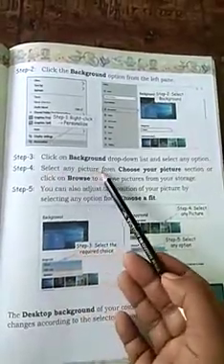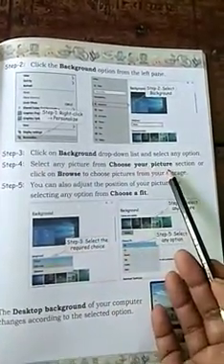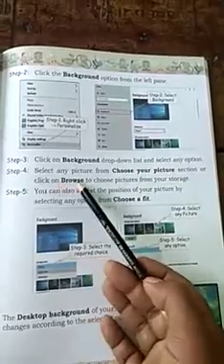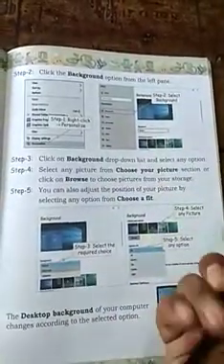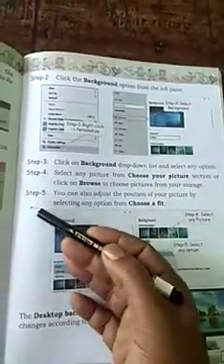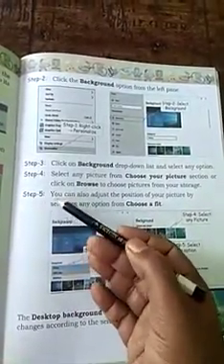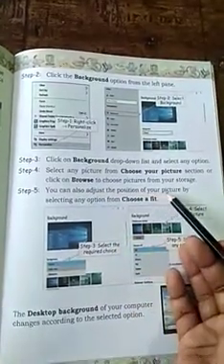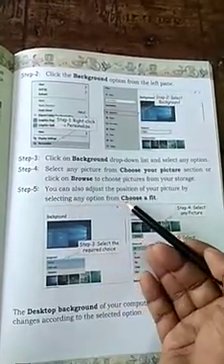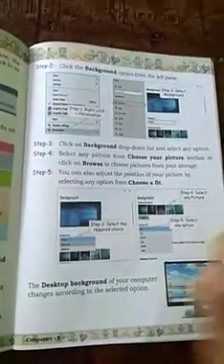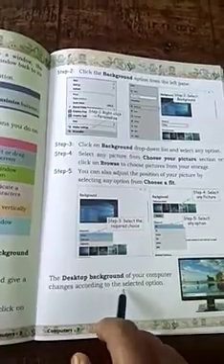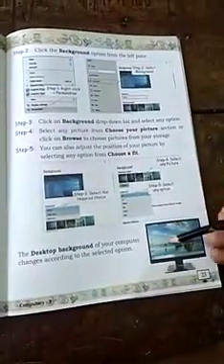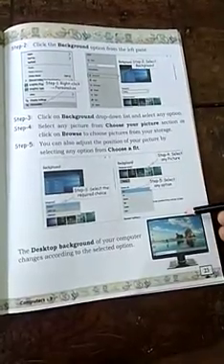Step 4, select any picture from choose your picture selection or click on browse to choose a picture from your storage as you want. And the last step is you can also adjust the position of the picture by selecting any option from choose a fit. The desktop background of your computer changes according to the selected options. This is known as our desktop background.